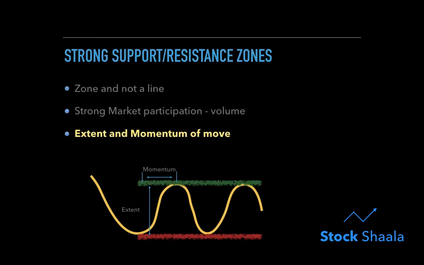The third criteria, of course, is the extent and momentum of the actual move. If the distance between support and resistance zones are bigger, the zones are more significant. The faster the move from one zone to another, the stronger the zone. Think of it this way. If you bounce a ball off the floor with great velocity, the ball is going to bounce back quickly and